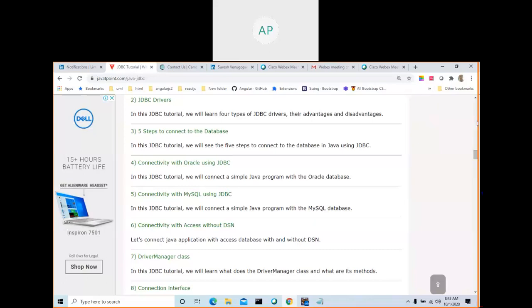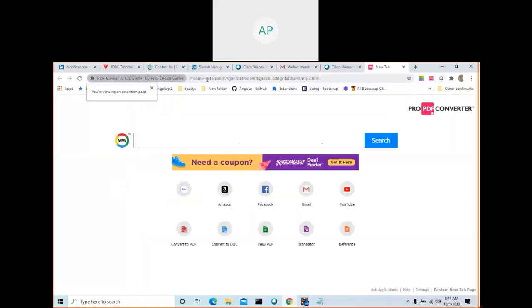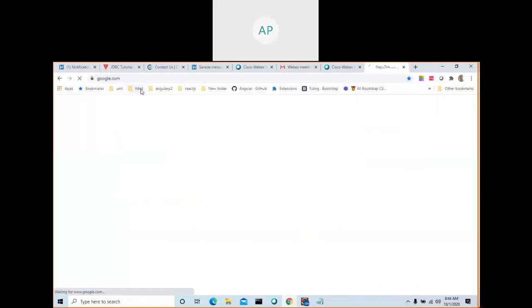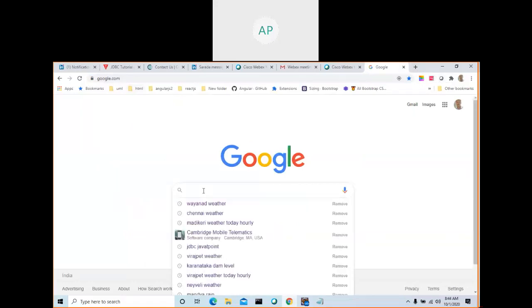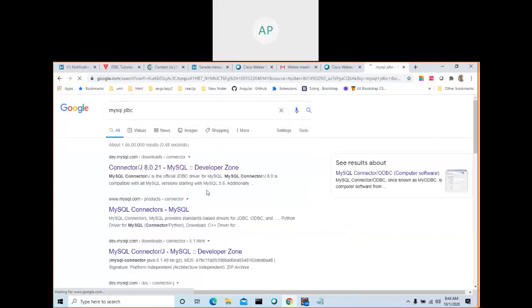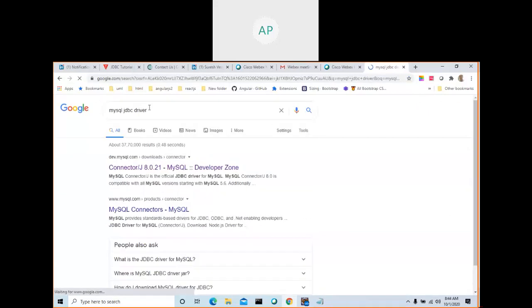If you go to Google and type the database that you are going to use, for example, you want MySQL JDBC. See, MySQL JDBC driver. If it is Oracle, anyway, we will first see the MySQL JDBC driver. Okay, this one.